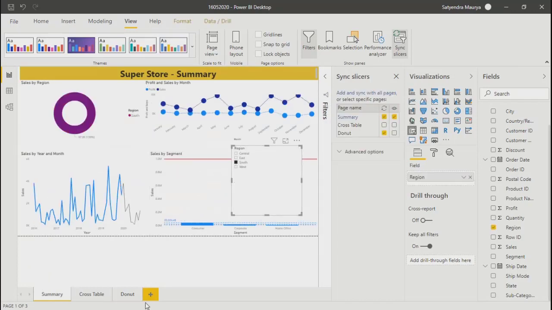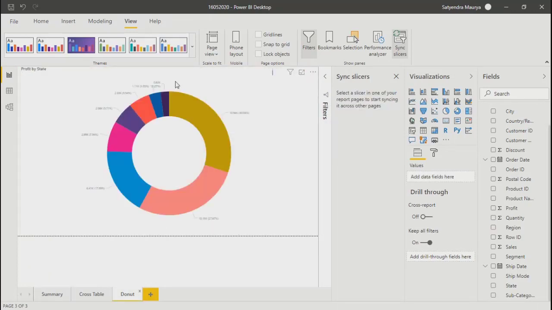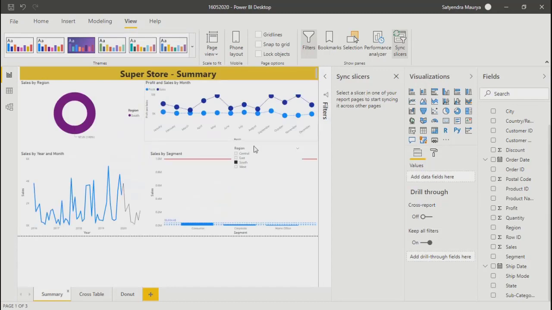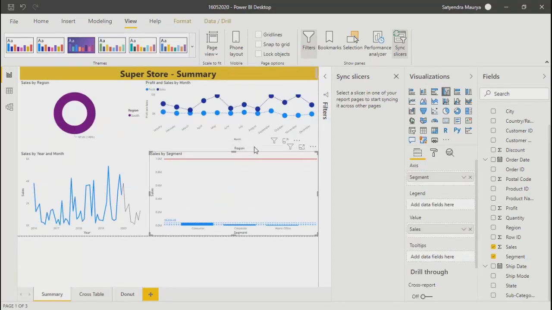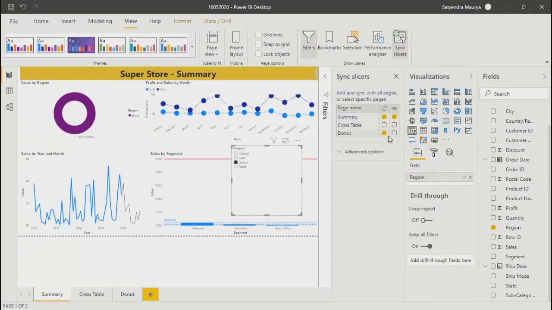See, only South region data. So that eye icon shows whether it will appear or not, but this icon makes it applicable on those particular sheets.